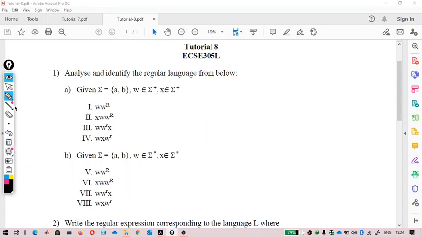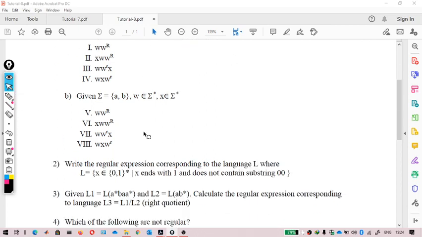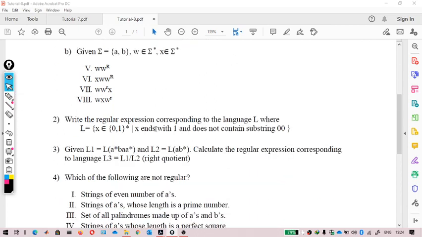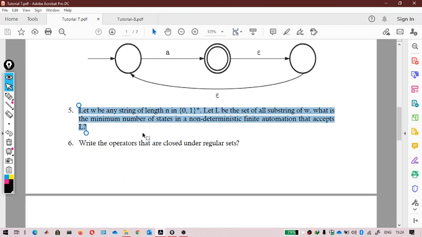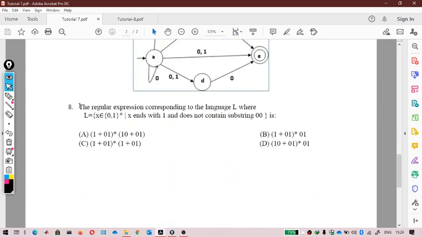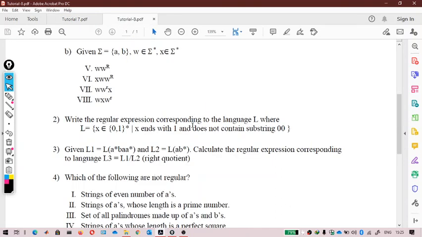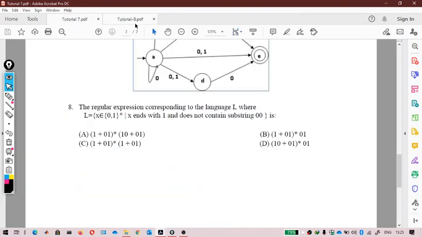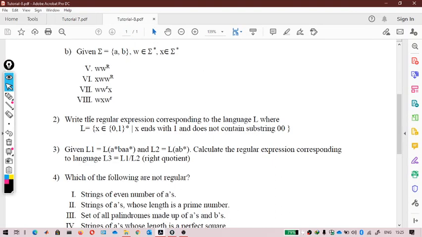And the next question is already done in tute 7. If you go to tute 7 and see this question, I have already told you. You can again use your intuition to write the regular expression for this one, as well as choose from the options. From my point of view it is important, so that is why I have included that one. Again, that same question: the string does not contain the substring 00.